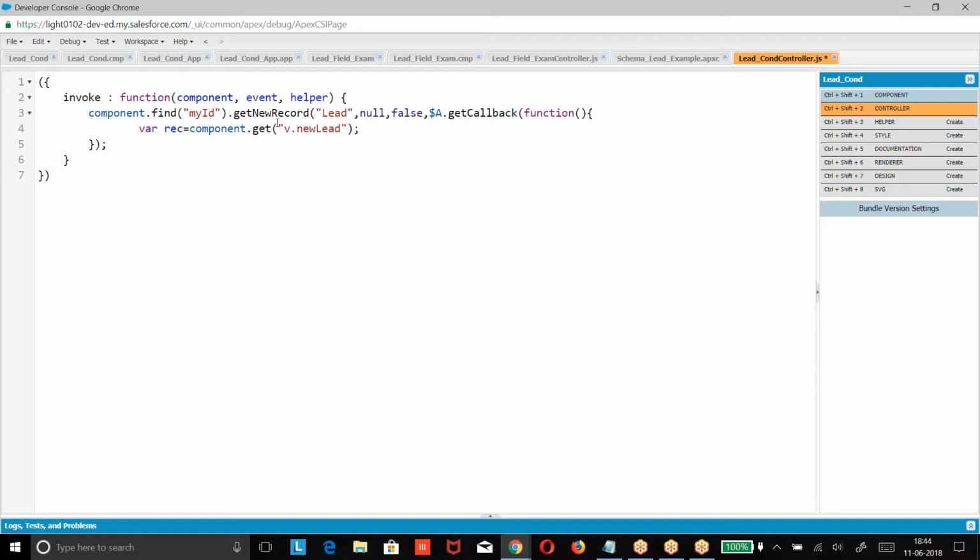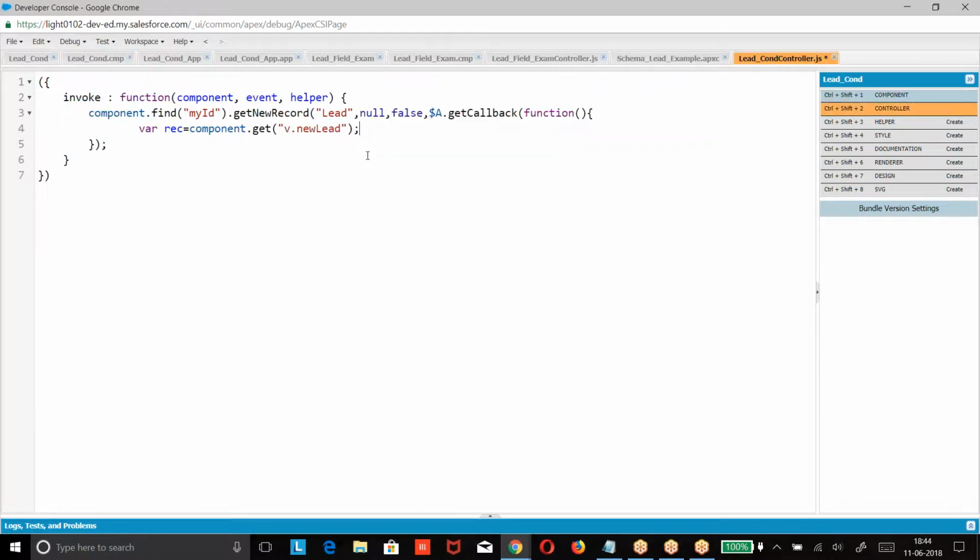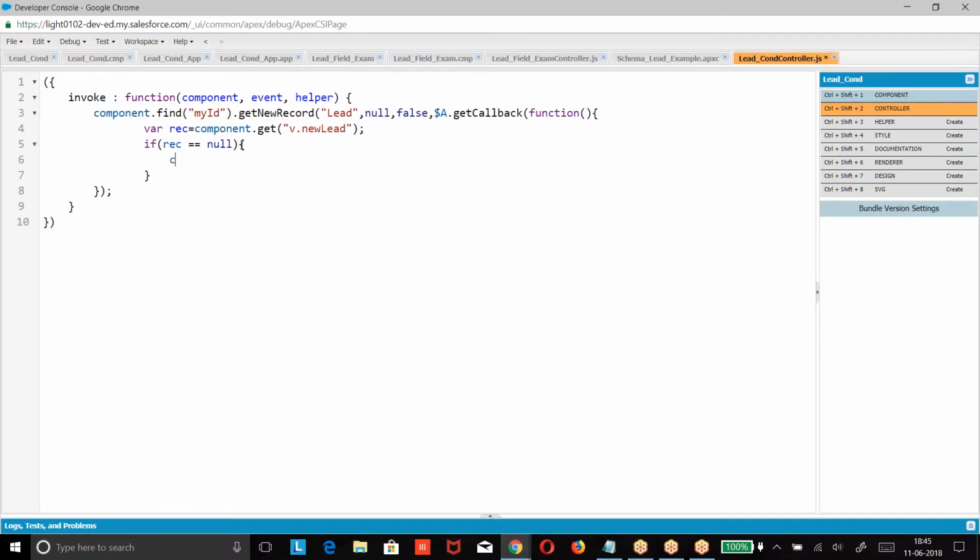So what we are doing here, boss? Whatever the new lead you have created here, the attribute. How do you get the attribute? Component dot get of v dot attribute. If record equal to null, boss, it is an error. Record equal to null means what? Initialization is not done. Else